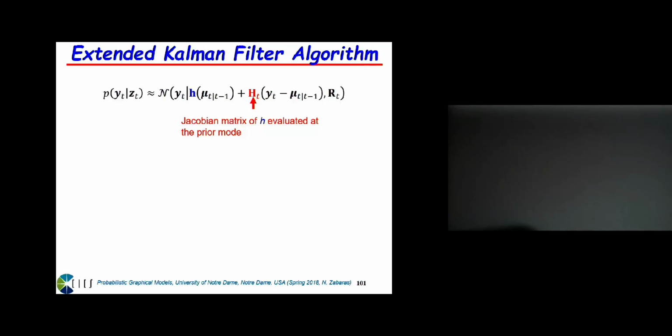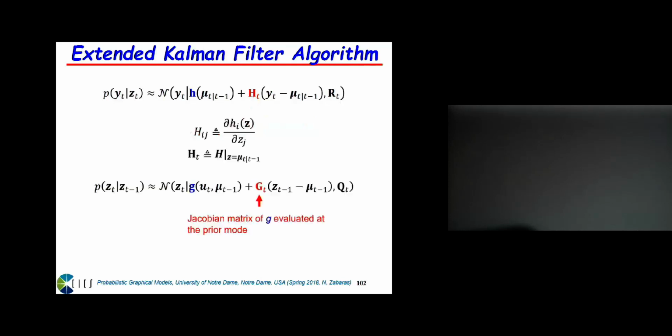Okay, so when you look at this, there's absolutely nothing different from what we had before. If you remember the linear model for the Kalman filter equations, it was the Gaussian of yt given, let's say, what was the matrix that we had here? It was C times yt plus some constant, so the constant is this, minus this times that, okay? And of course here I'm assuming that the noise is Gaussian. If the noise is not Gaussian, you have to incorporate things in a slightly different form, okay? And you do the same thing for the